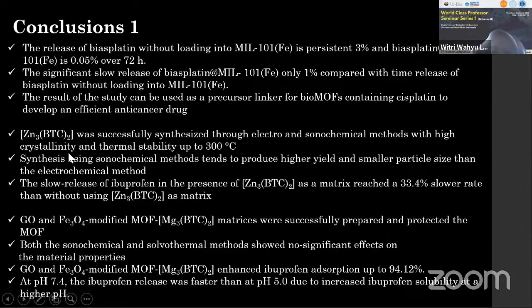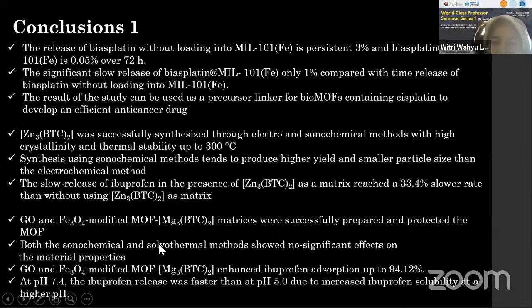And if we use the zinc BTC, which is fully synthesized through the spiral method, and the orthogonal method can produce the higher yield and smaller particle size. And the slow release of the ibuprofen in the zinc BTC